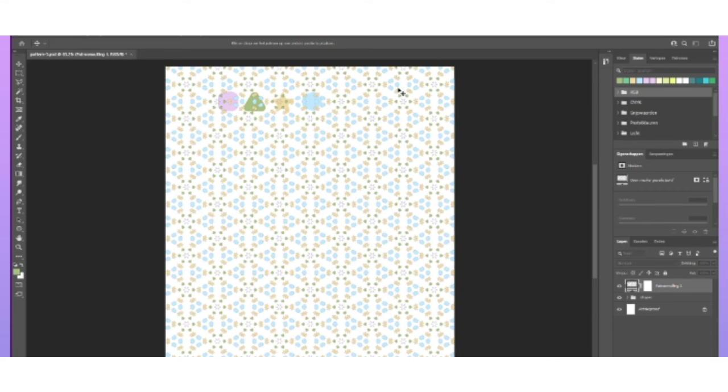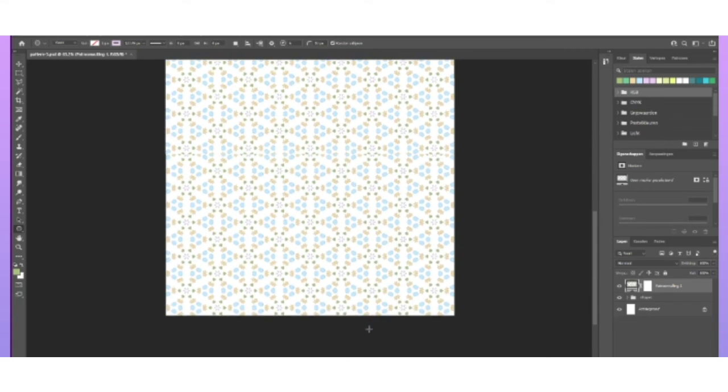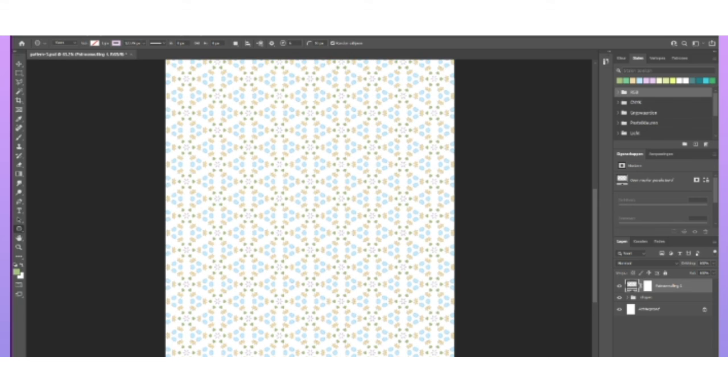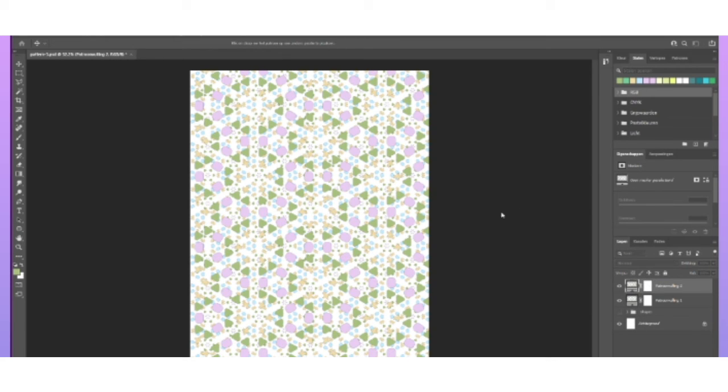I just have to realign them. Okay. Alright. Let's see the... Okay, now it's the same on each side. Okay. So we got this pattern. Let's see how this one looks.